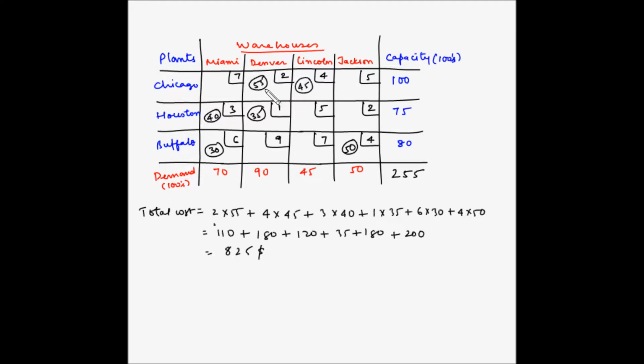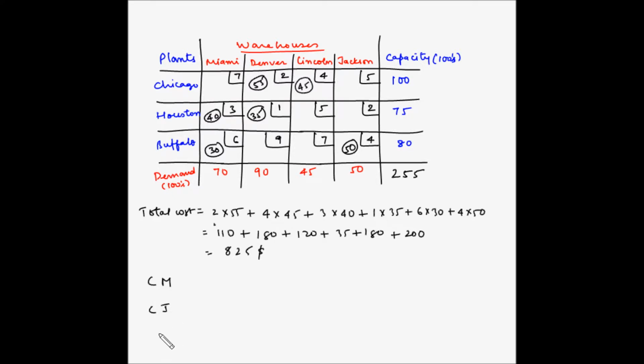Now the second condition is that all allocations should be in independent positions. So if you evaluate, you'll find that all allocations are in independent positions. So what this means is that we can proceed with the optimality test. So for the optimality test, we'll again use the stepping stone method. So within the stepping stone method, we have to first take all the water squares, that is the squares which do not have any allocation, and evaluate if there is any chance of improving the cost by making an allocation to those unallocated cells. So the unallocated cells here are Chicago to Miami,